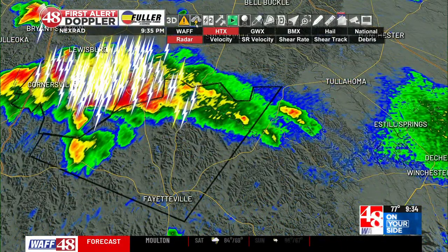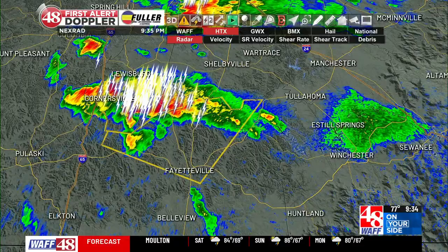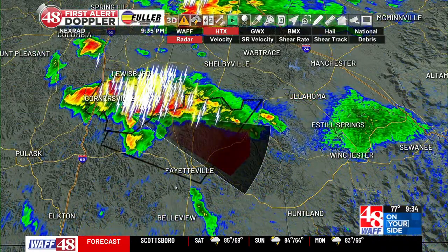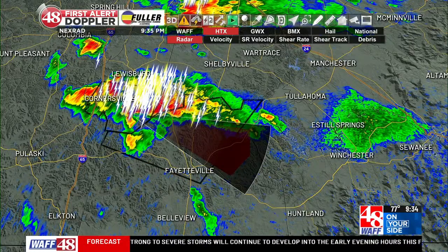Let me check weather service again. So let me put a storm track on this particular area of the storm. It's kind of moving a little east and southeast now, about 25 miles an hour. This is going to keep it probably just on the north side of Fayetteville. And notice how I don't have any towns showing up there, but